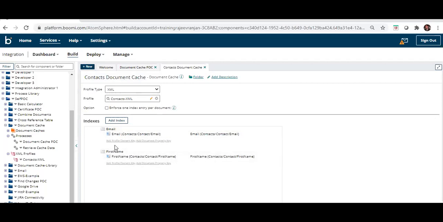We will see how we retrieve by using the email as well as the first name. This is the only configuration we need to do: what type of profile, which particular profile you need to add, and what the different indexes are.